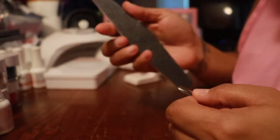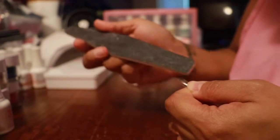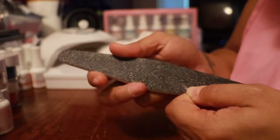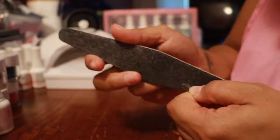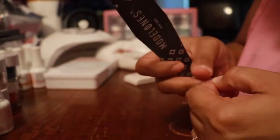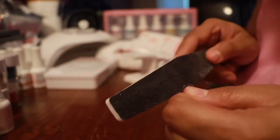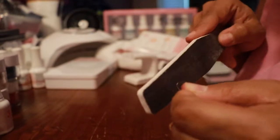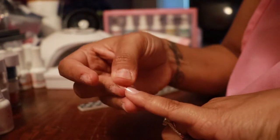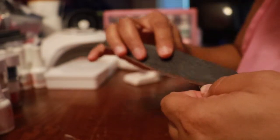So I'm gonna try and do that, I should say, because I don't know, they might want to consider making a little bit smaller sizes for people like me that have a smaller nail bed. So I'm just gonna take the nail file and run it over the edge here and follow the natural shape of it that it already has and shape it to fit my finger. And do the other side just slightly. It's very slight. Yeah, that's a lot better. So I'm gonna do the same thing on the other one. It's just these little parts here. It's not that bad, but